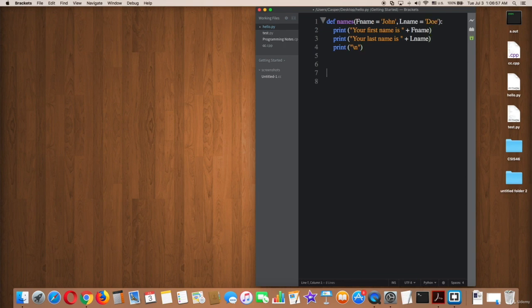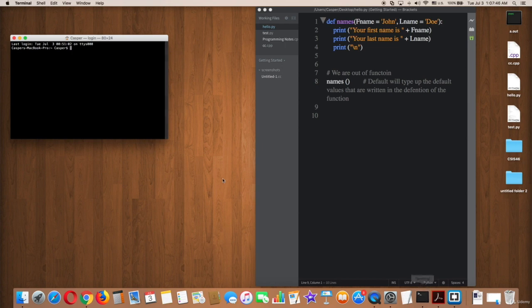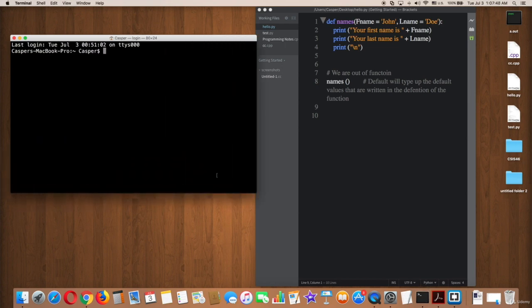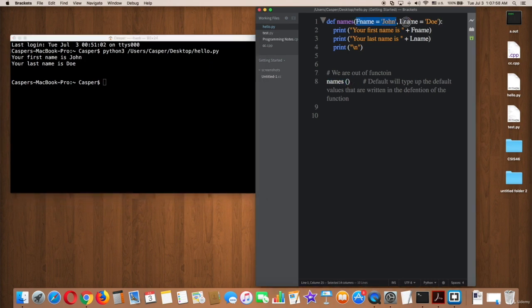So when we call the function without giving any arguments, it will print John Doe by default. So try that in terminal and see what it shows. Nice, but if we need to change the default values easily, we just can type function call names parenthesis fName